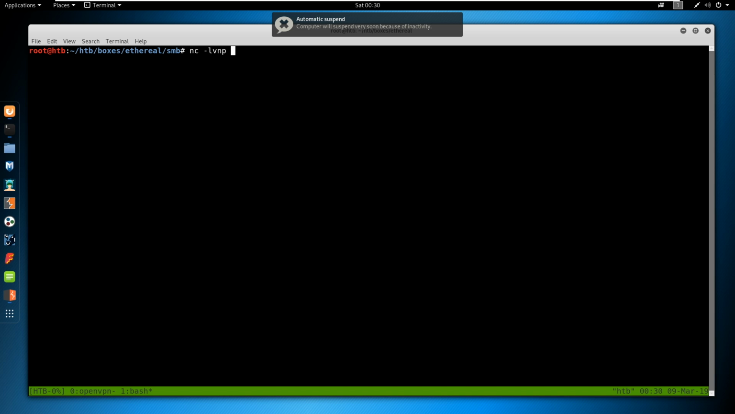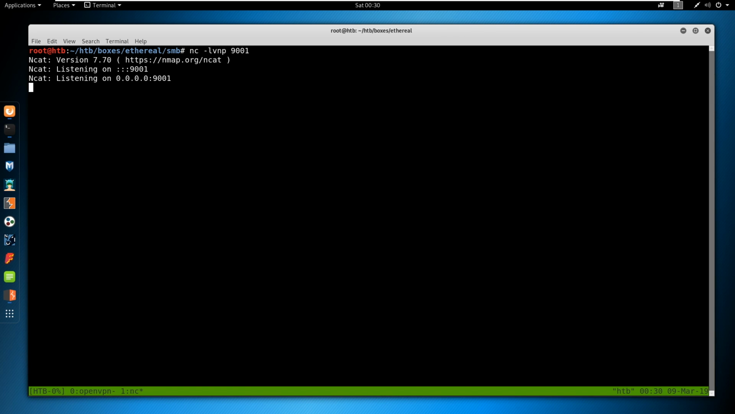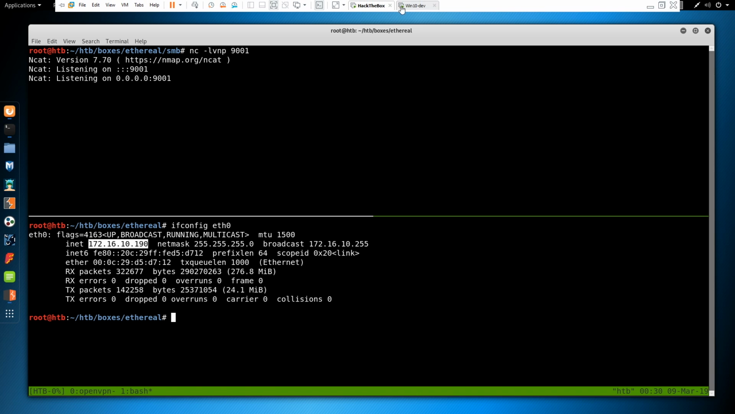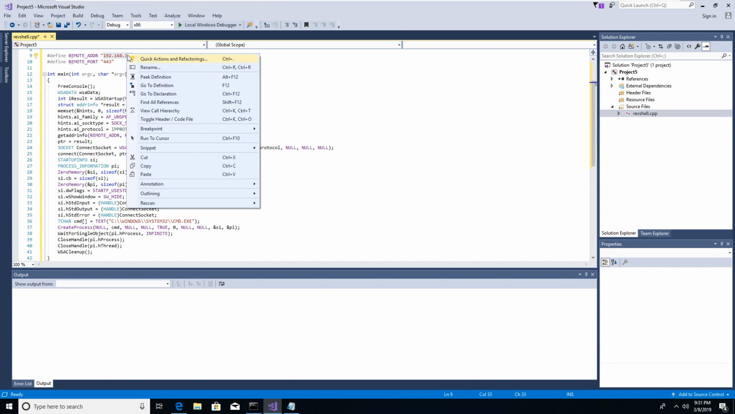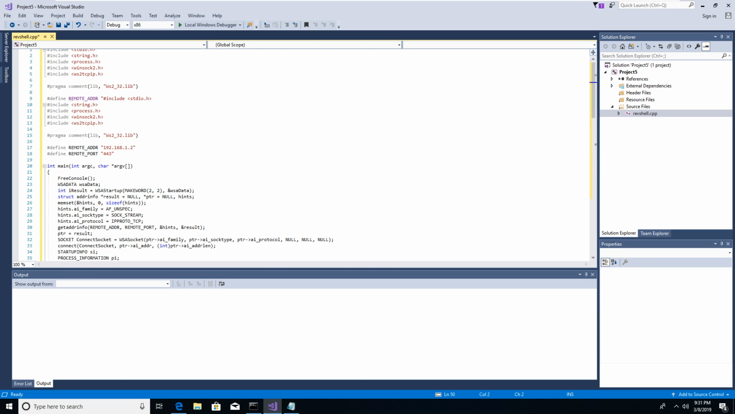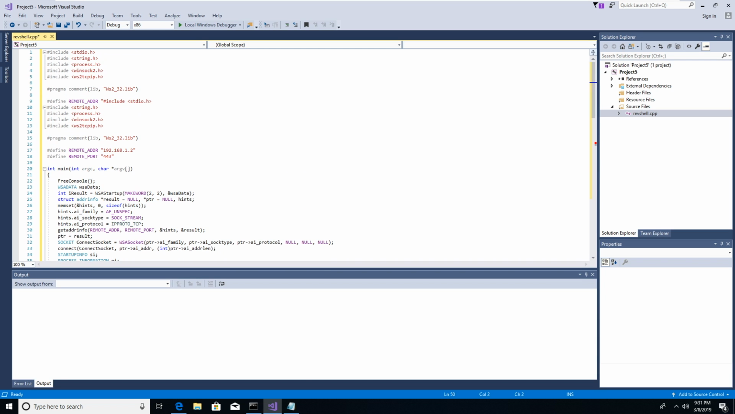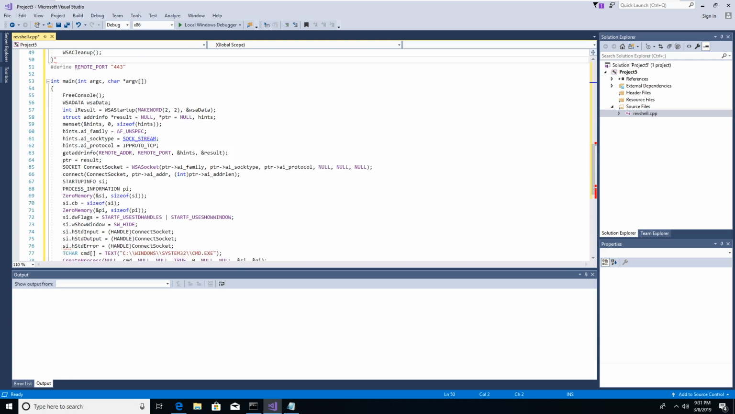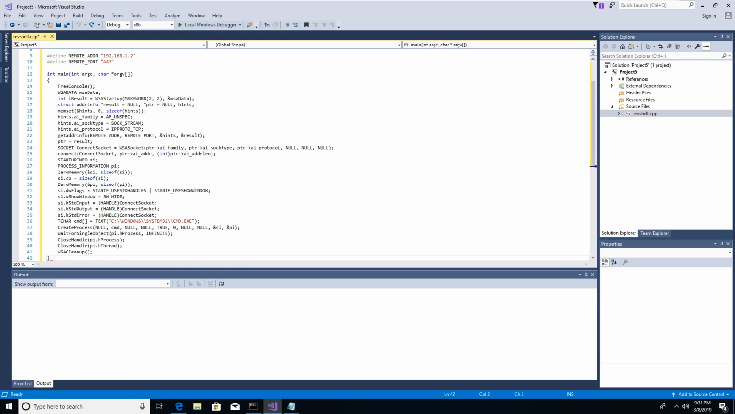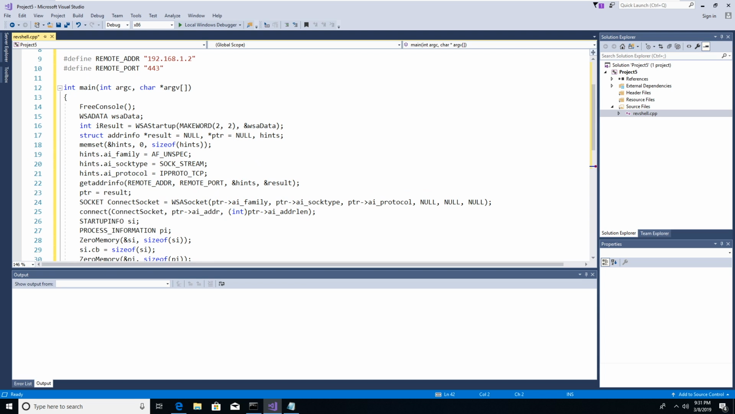NC LVNP will listen on port 9001 because we always like going over 9000. And ifconfig eth0, I am 172.16.10.90. So we can go back here and paste. Clipboard's not shared. And now we have a lot, so delete everything, paste again,